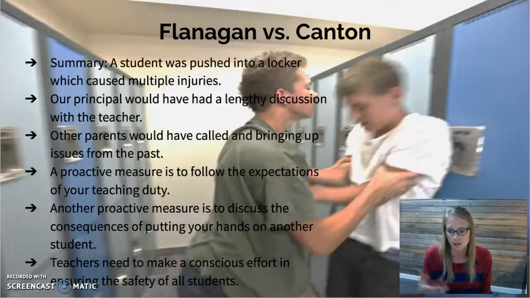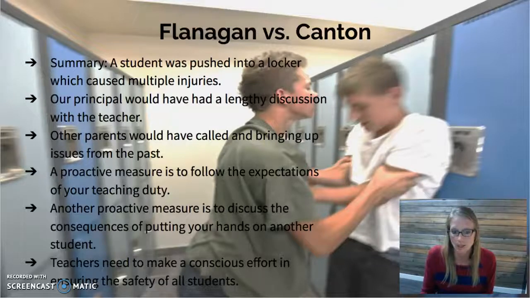I know in our district we have a lot of transient teachers. We have a lot of young teachers coming fresh out of college. Also within the military, they're constantly coming and going. So they need to be aware of these policies, of what is accepted and when, and how you should address these kinds of situations. Lastly, when it comes to professional ethics, teachers need to make a conscious effort ensuring the safety of all students. It's the most important. The school is meant to be safe, and if they're not making it safe for everyone, it's not going to be good for the teacher or the school itself.